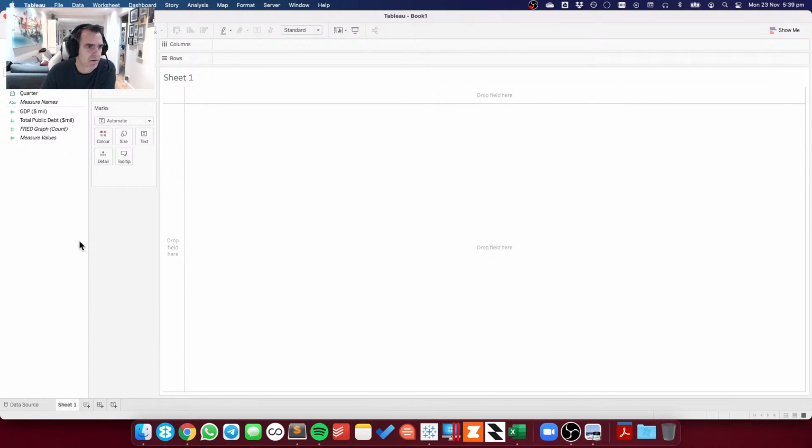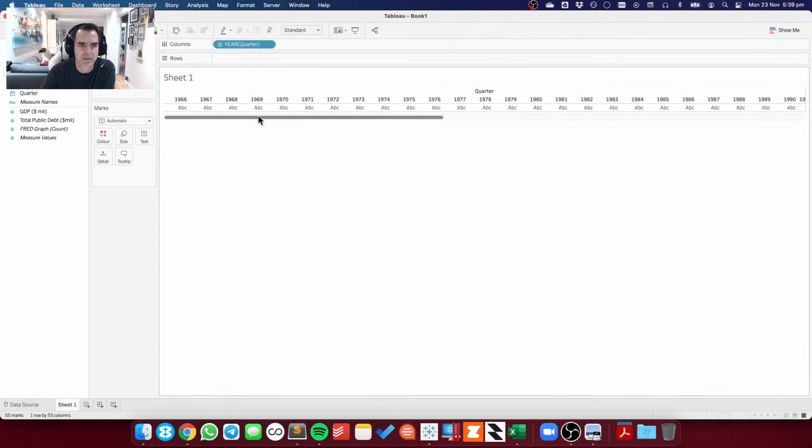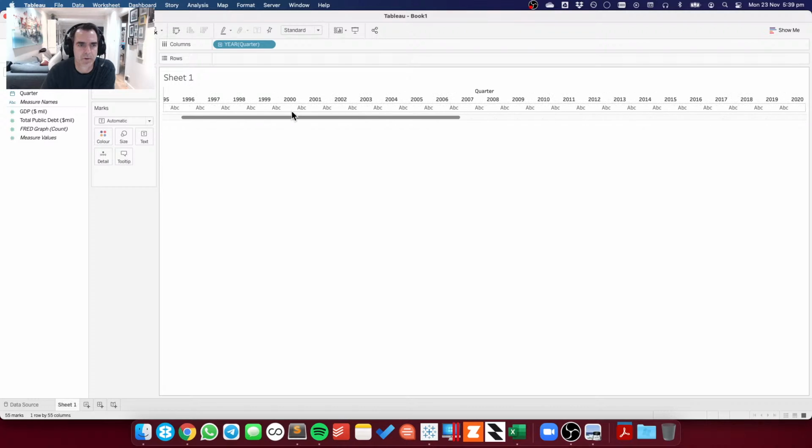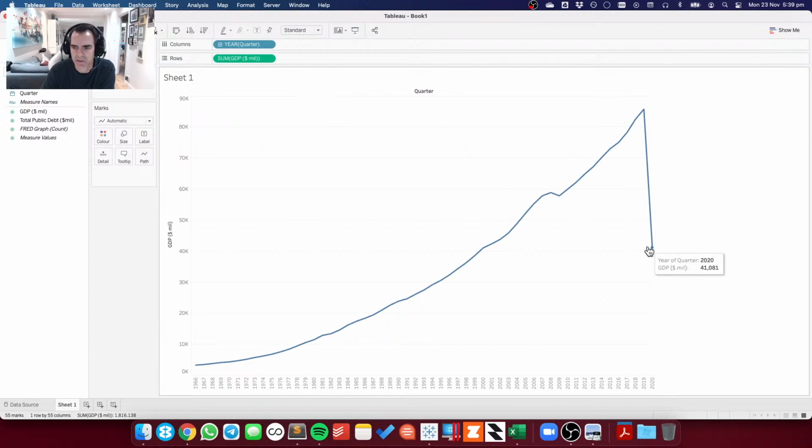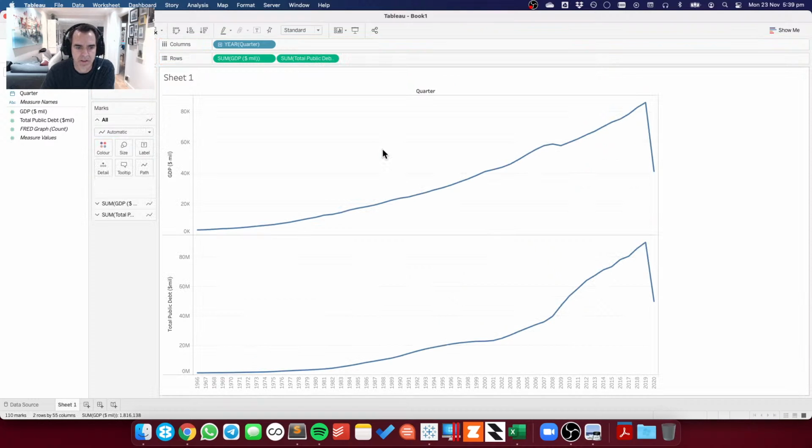All right. So let's first take a look at the data. It looks like we've got years all the way until 2020, and if I look at the GDP, we've got this big dip, obviously because of COVID. And then we've got the debt, which follows the GDP, total public debt. Now that doesn't look correct.